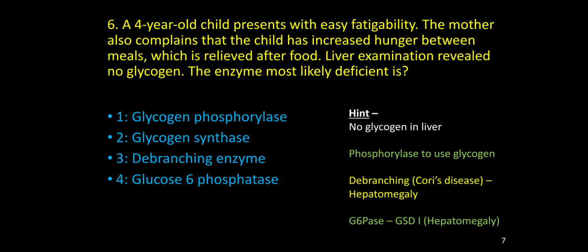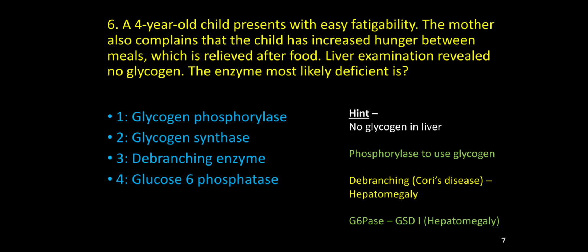Why is glycogen not synthesized? Which enzyme is required for glycogen formation? Glycogen synthase. So the most likely option is glycogen synthase. Another thing is that debranching enzyme and glucose 6-phosphatase are both mostly related with hepatomegaly. And glycogen phosphorylase deficiency is not likely, because glycogen phosphorylase is mostly related with the hepatic and muscle forms, and both are